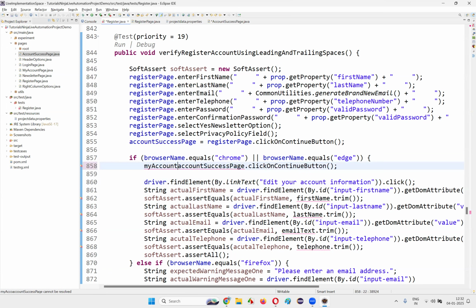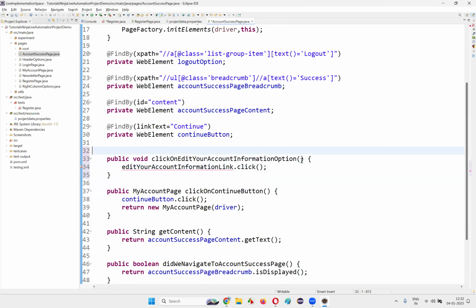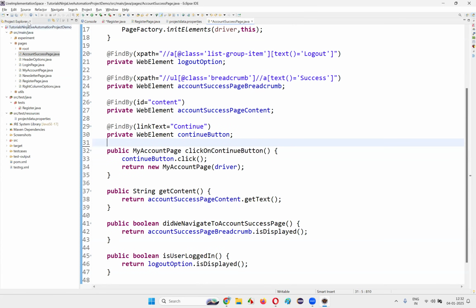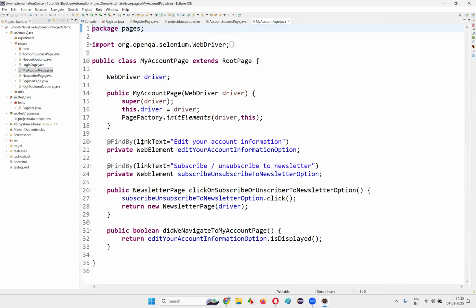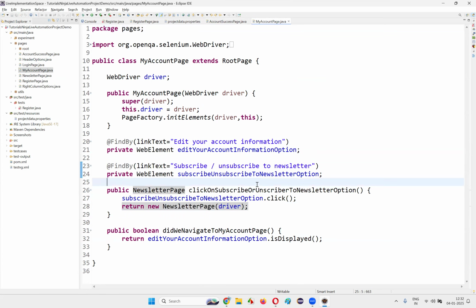My account page I have tried here. My account page is equal to. Now, on the my account page, let's go to the my account page here. Okay, I think I created this here. I should not be creating this here. Go to the, remove all these lines, okay? That's not on the correct page. Go to the my account page and, already this link is there, and click on